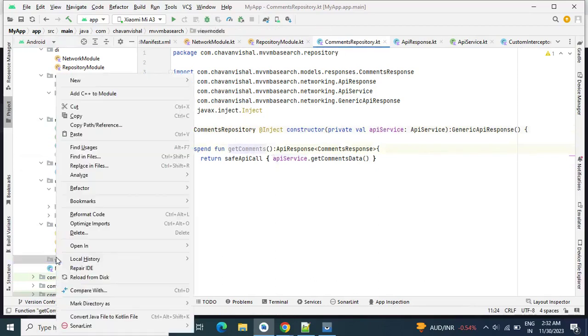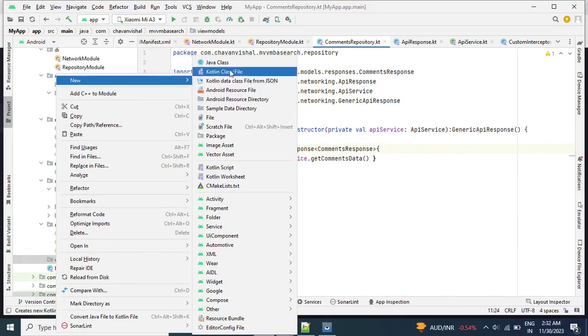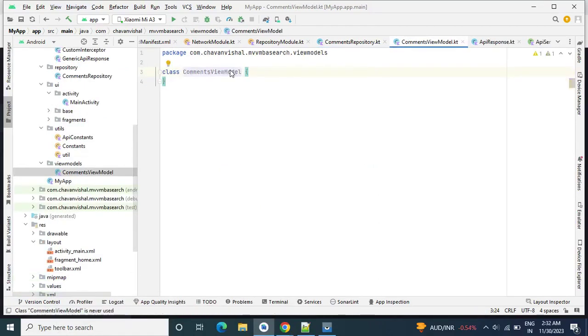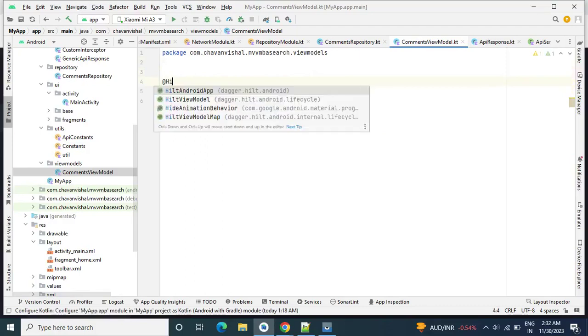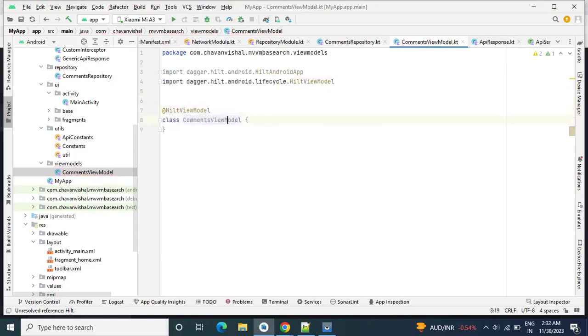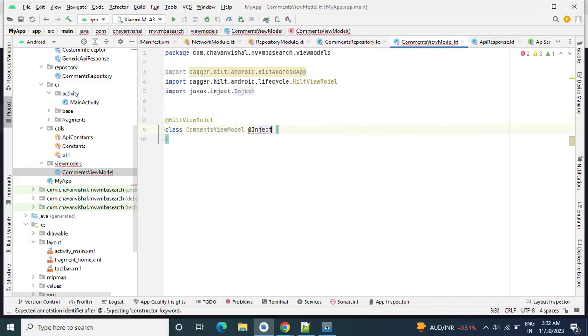Right click, view model, CommentsViewModel. Okay, so now we have created this CommentsViewModel. Now let's annotate this class with @HiltViewModel, and inject this with @Inject constructor.